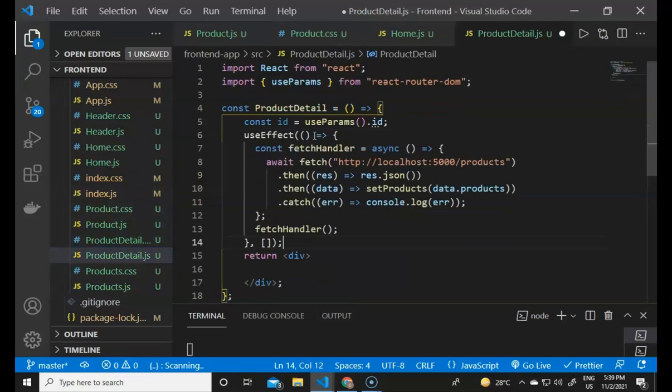If I just paste and import useEffect from React, you will see we now have the useEffect here.